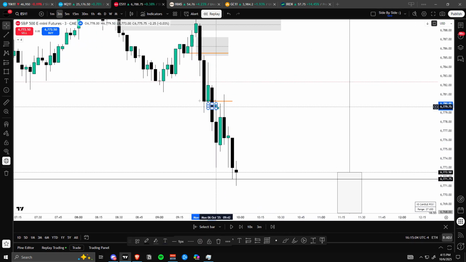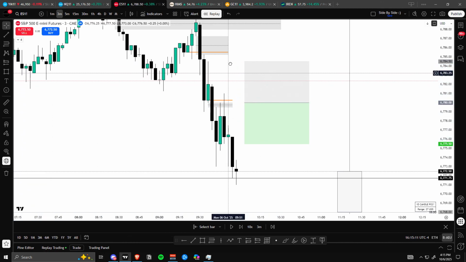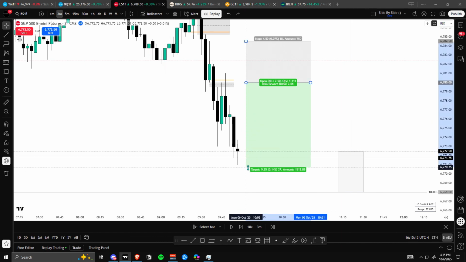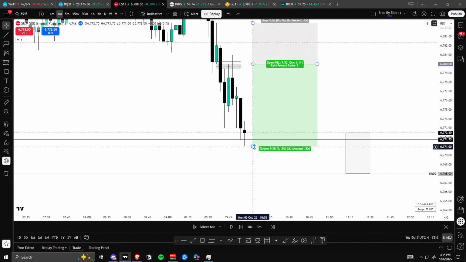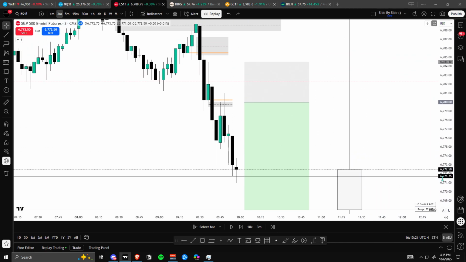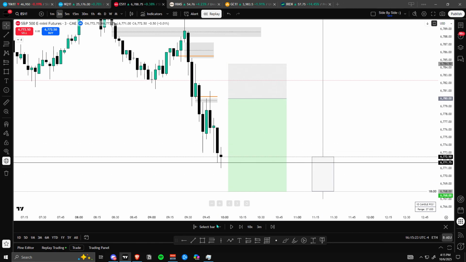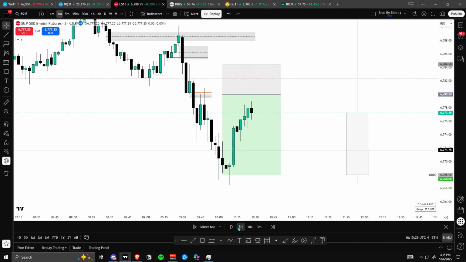And we have a 3-minute fair value gap here. I chose to short the very low of the order block, which is at 780. Stop loss was here, a 4.5 point stop. And my take profit, my TP1, was just 2R, right here at 771. And then I took off my last position at the new day opening price, or new week opening price, however you want to talk about it. And you guys can see this is where price ended up reversing from today.